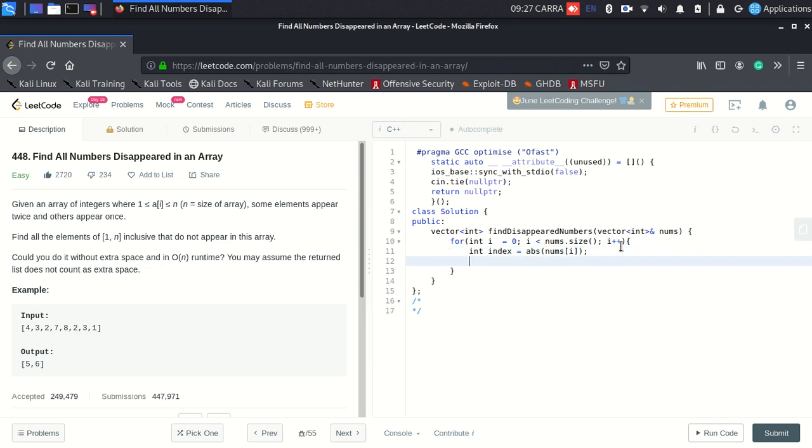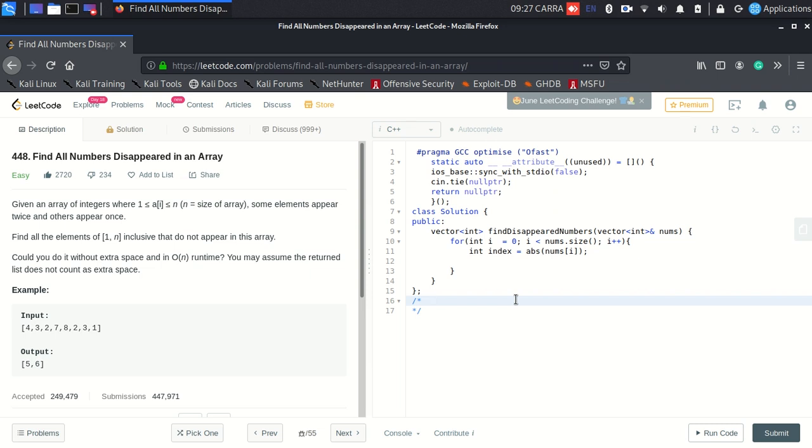Now if you remember, I was using one based indexing in my example, but here for an array of length n, my index doesn't go from 1 to n, rather it goes from 0 to n minus 1, correct?